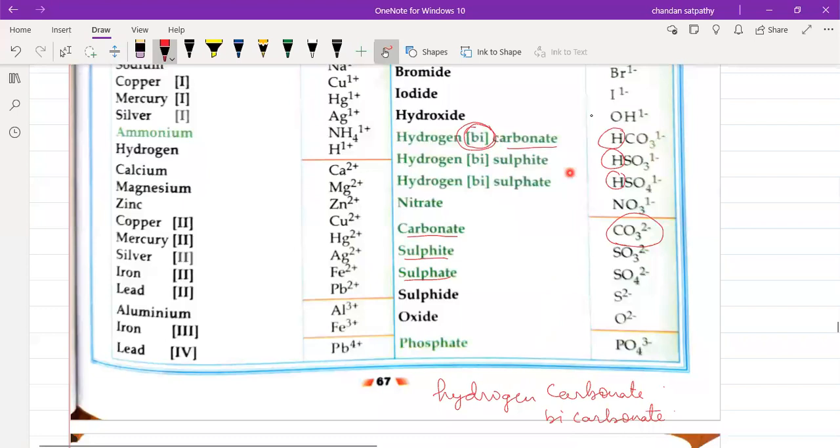Sir, I have a doubt in lesson 4 question answers. Okay, that we will do in the doubt clearing session. Instead of writing bi, can we write only hydrogen carbonate in the exam? Yes, we can write that. Okay, sir, thank you, sir. Let me complete the chapter and then we'll have a doubt clearing class. In the doubt clearing class, we'll clarify the exercise doubts.